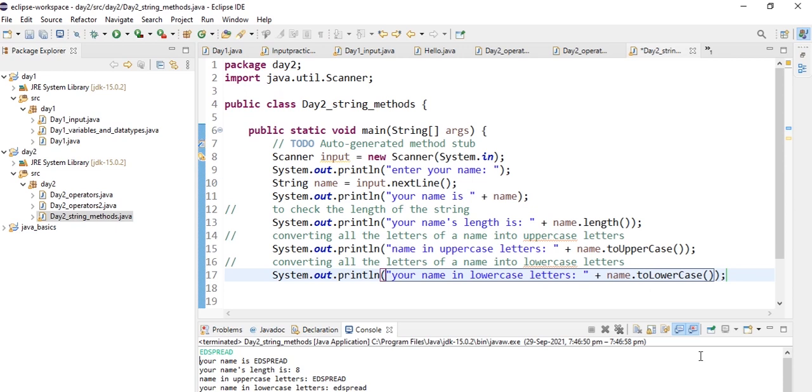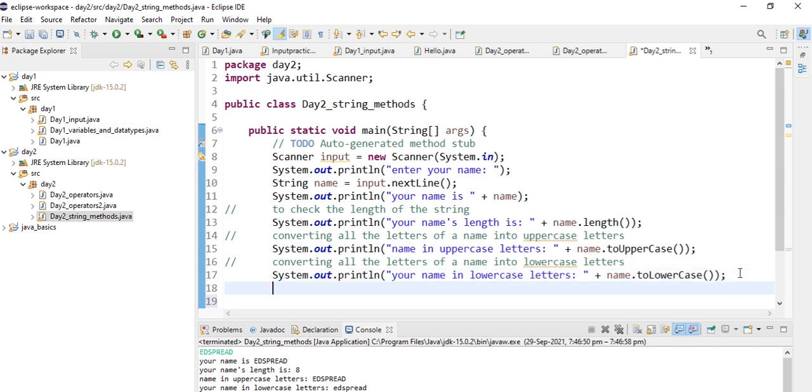So now let's learn how to concatenate strings using the dot concat method. So let's print something with sys out. Sorry, let's remove this comment. Now let's print sys out your name after, let's concatenate hi.